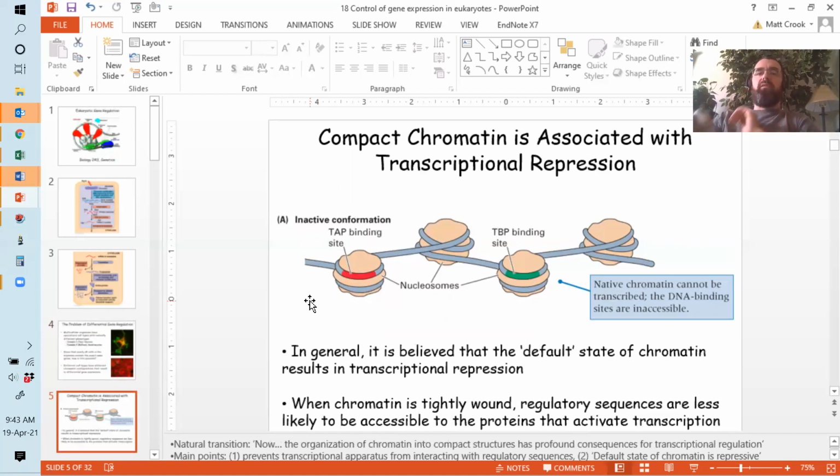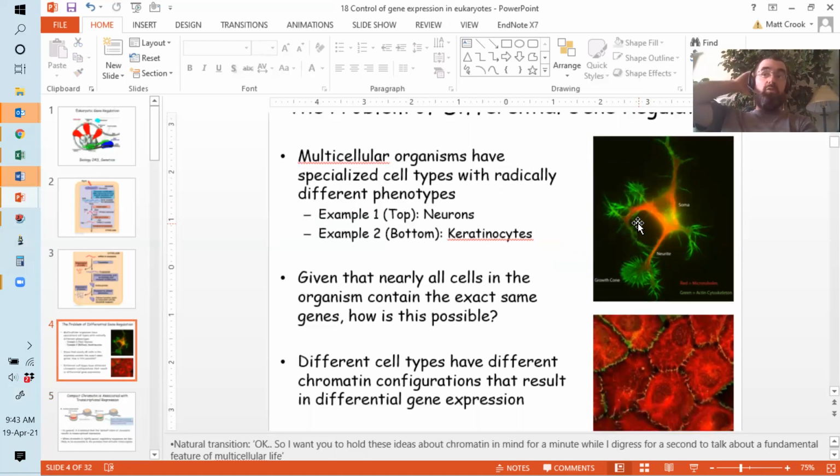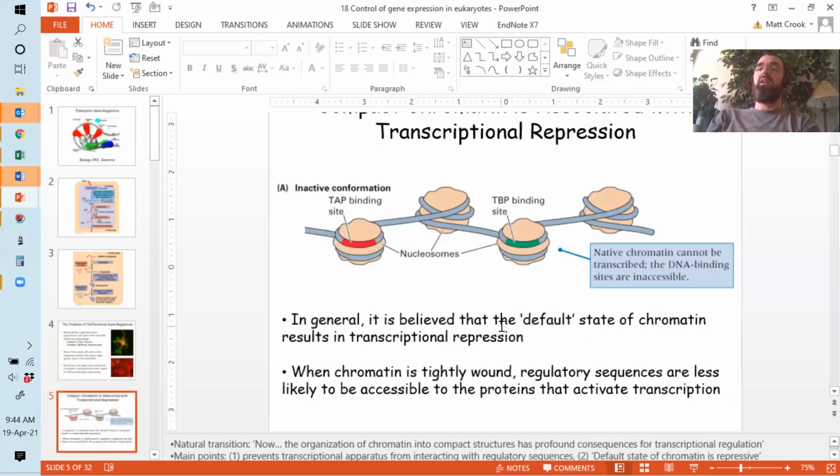chromatin is a big part of that, right? A lot of the genes which are involved in neuron formation are grouped together, roughly, not in the same way as operons in bacteria, much more loose associations than that. But they'll typically be on at least shared regions of a chromosome. And in keratinocytes, those regions of the chromosome are shut down. And what we mean by shut down is the formation of heterochromatin,